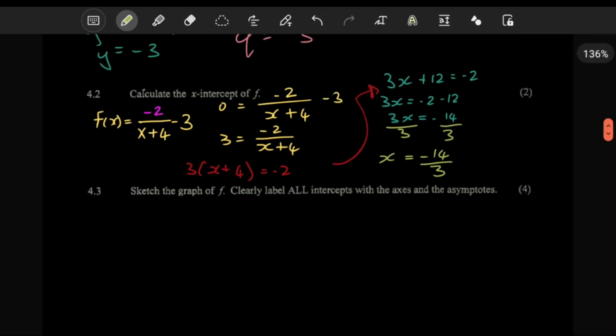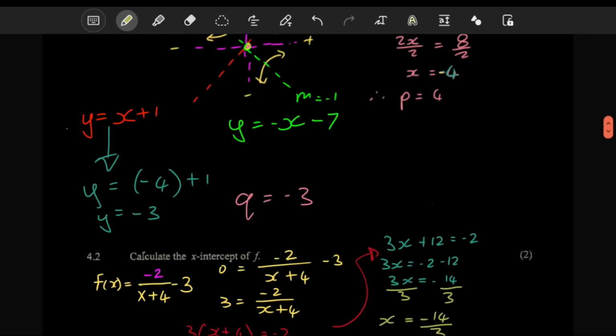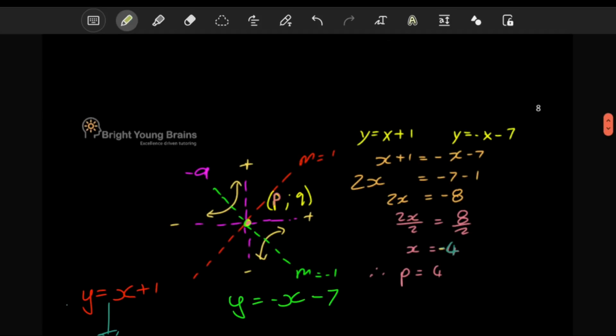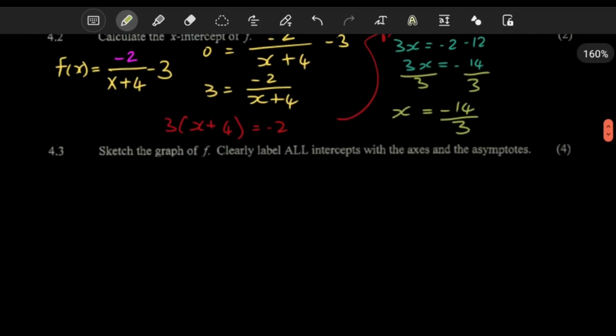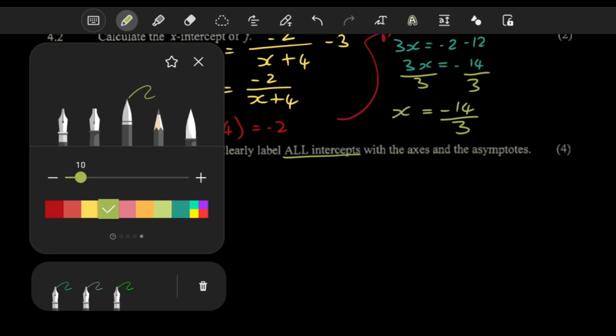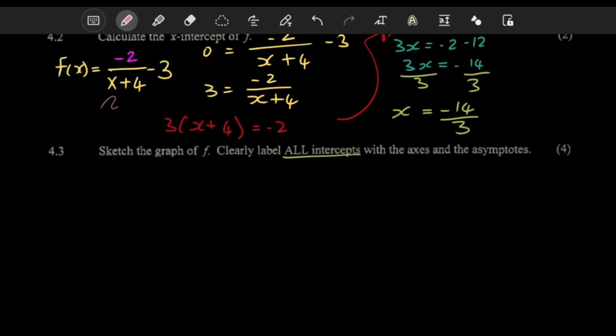So the next one here, they say we should sketch, for 4 marks. If we're going to sketch, we can use this to help us. They said we should show all intercepts with the axes and then also the asymptote. So if we need to show all the intercepts with the axes, it means we also need the y-intercept. For the y-intercept, we know that you would make x a 0 instead. So in this equation here,